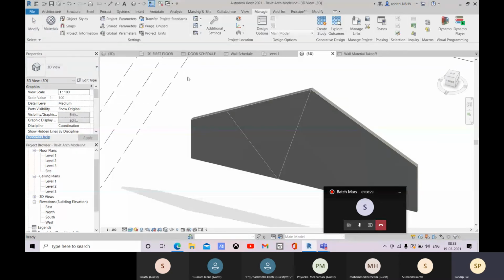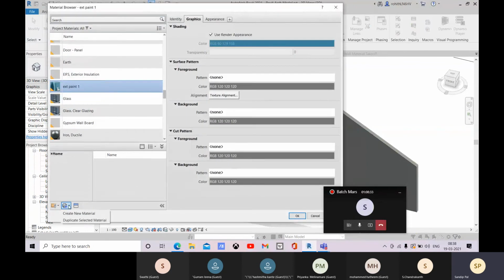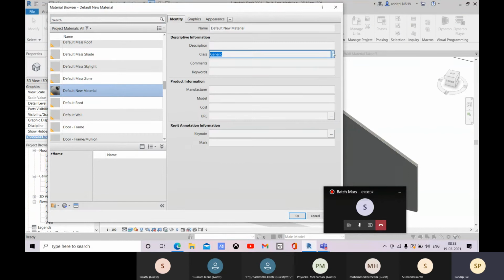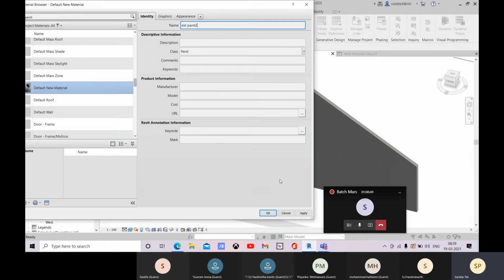Let's go for okay, and again I will need to create another one. So for that I will go for create new material identity, that will be paint, and exterior paint 2. Follow this carefully.